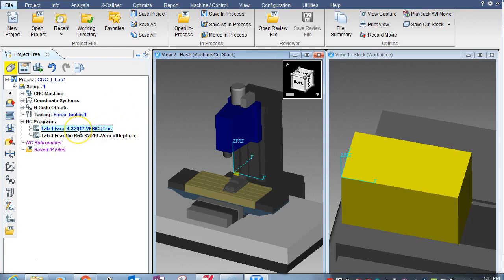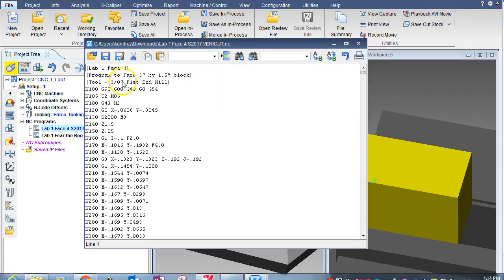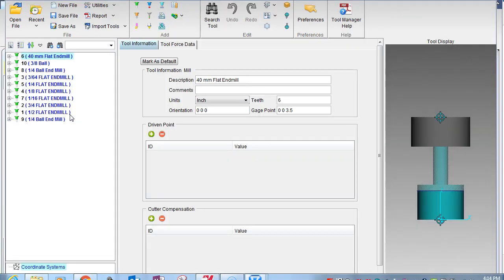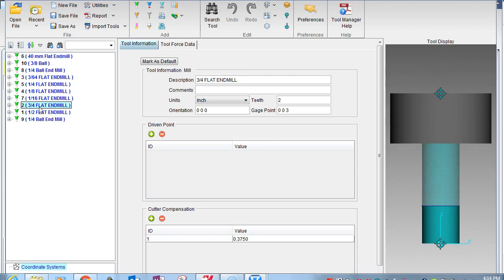Let's double check that. Lab 1 Phase 4 does say we're using tool 2. Let's go see what we're using. Oh, tool 2 in this video is a 3/4 flat end mill. Now, if you want to change that, which we do,